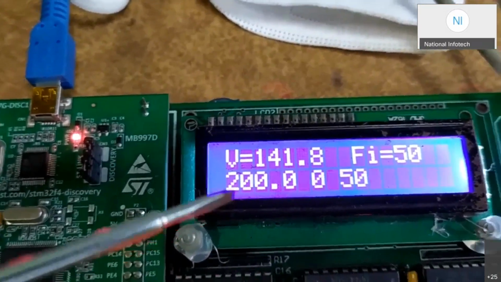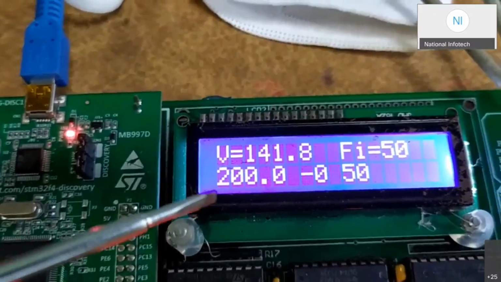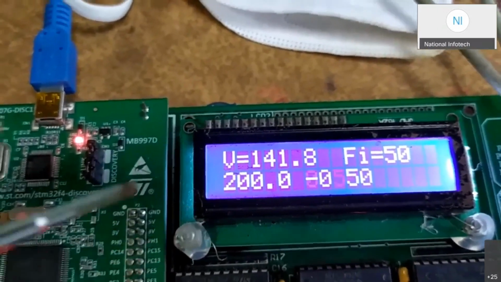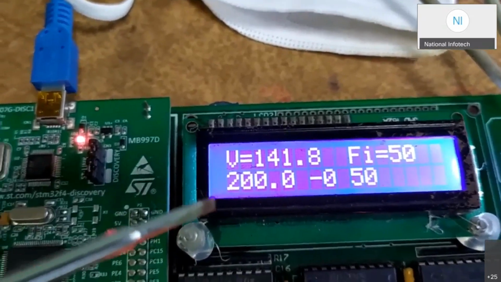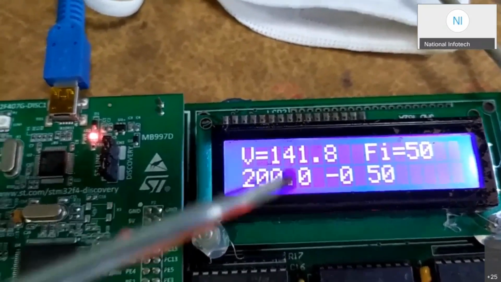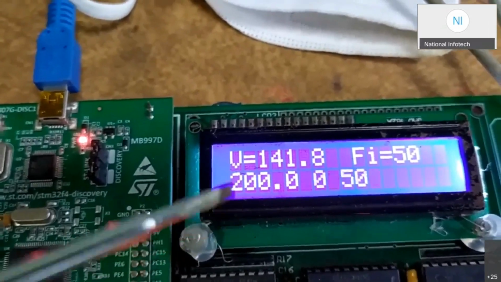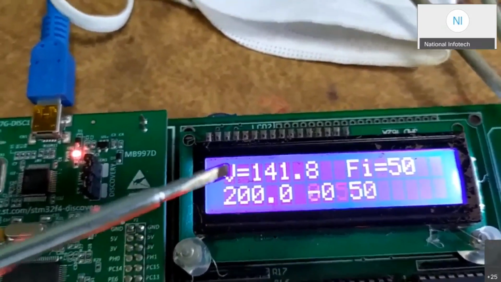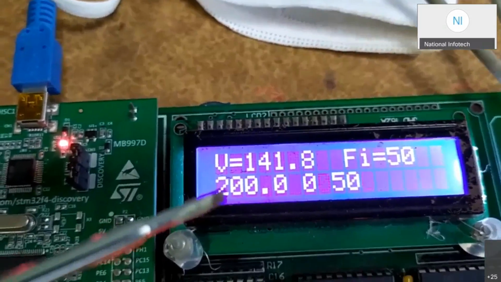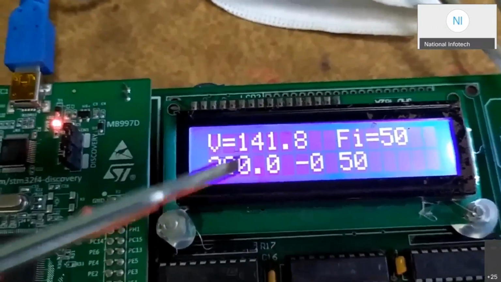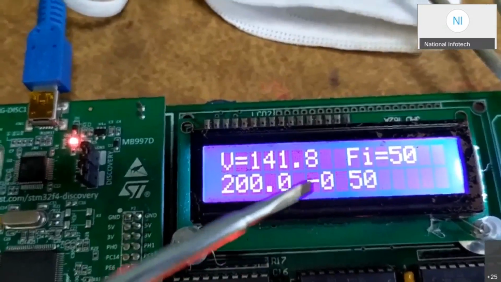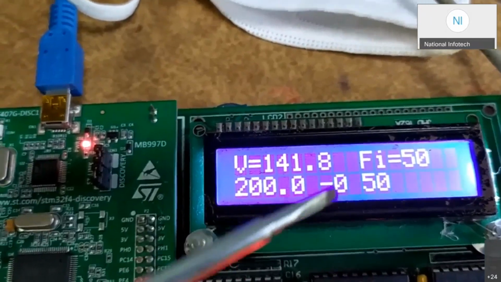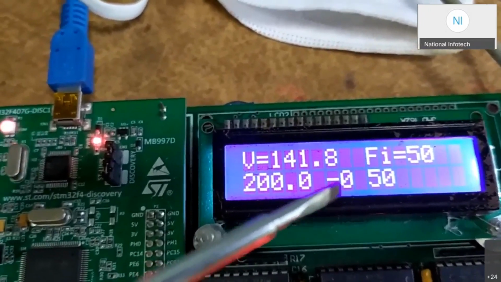If our PLL is working correctly, then our D axis will be aligned on the voltage vector, which is represented in the ABC space or in the DQ space as well. In the DQ space, the D axis will be aligned on our space vector. That's why VD will be the peak value of our voltage. So VRMS is 141, times √2, that becomes the VD value. This is the VQ value, which will be 0, because again, the reason is the same: our space vector and D axis are aligned with each other.